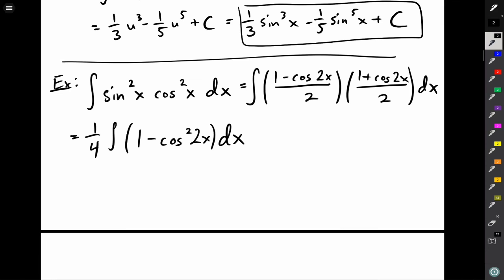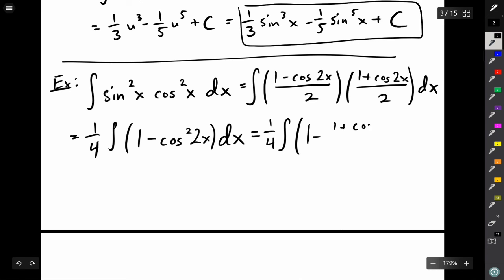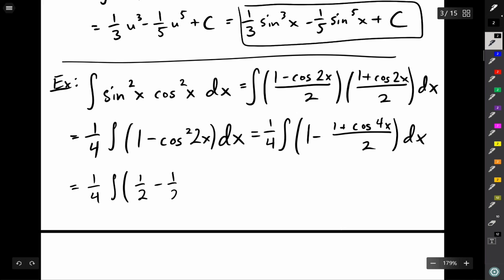And again, just like before, we can't exactly integrate cosine squared, so we have to use that identity. 1 minus 1 plus cosine, since that's 2x, this becomes 4x, over 2. Simplify this. We're going to have 1/2 minus 1/2 cosine 4x